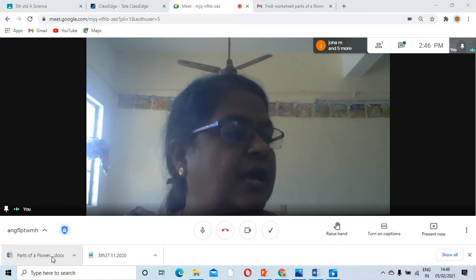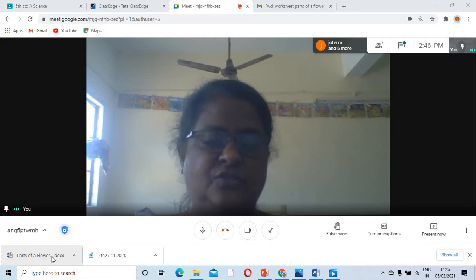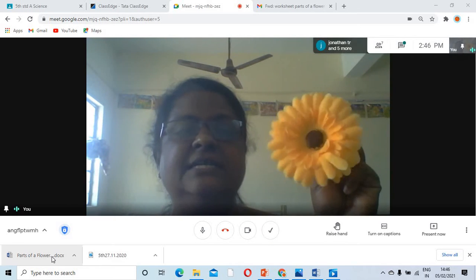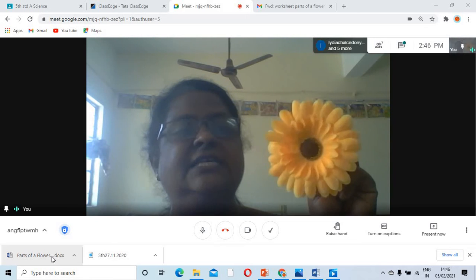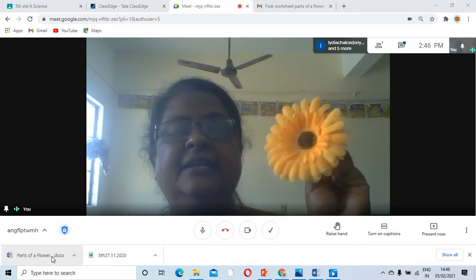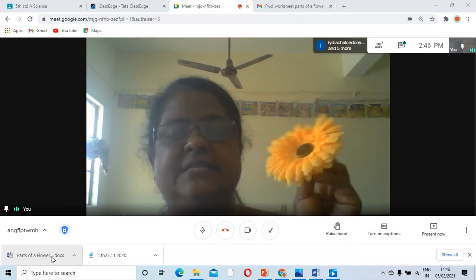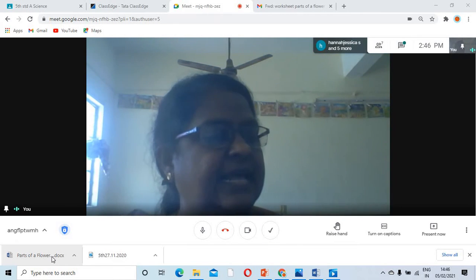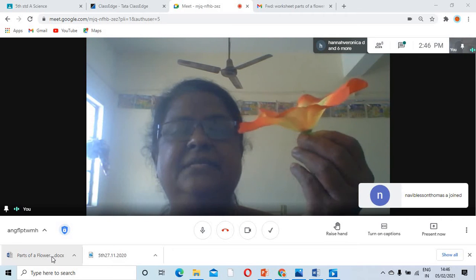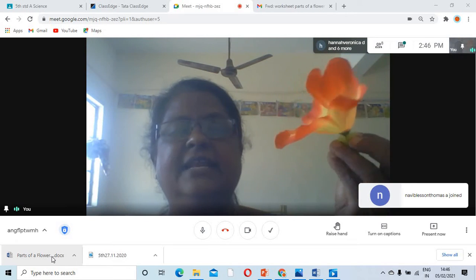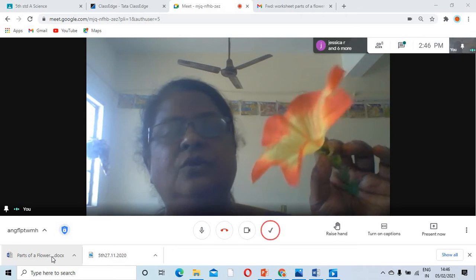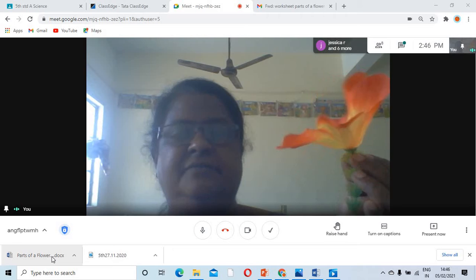Okay. So before we go on to that, I have some flowers in my hand. I know these are sunflowers, and these are very colorful. Can you see the color? It is bright, and it blooms when the sun rises and it faces towards the sun. This is sunflower. And I have another flower in my hand, and this is a beautiful flower, and can you see the color? It has a tint of red and yellow. So flowers are very attractive and colorful.